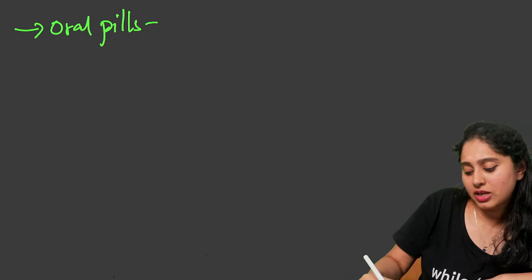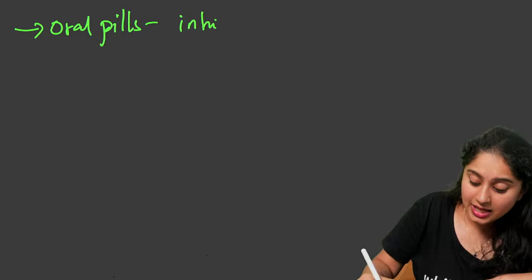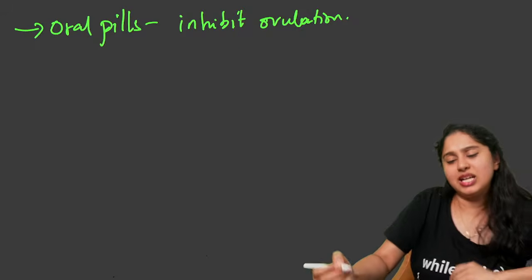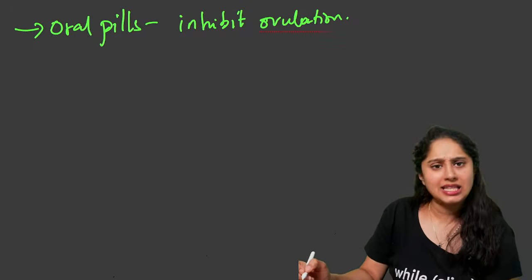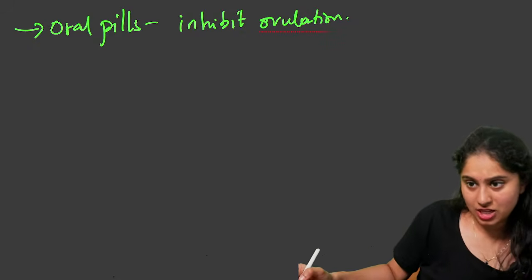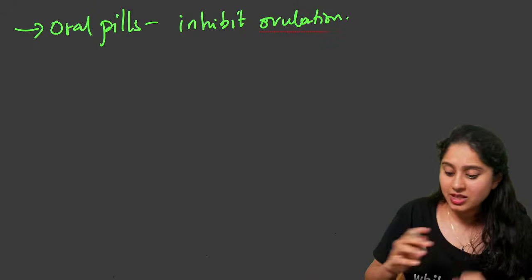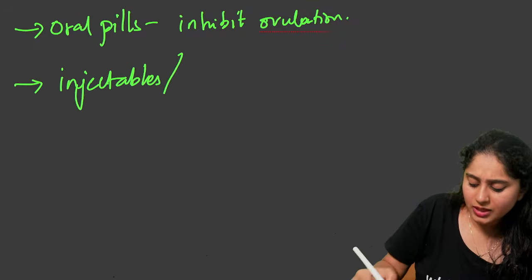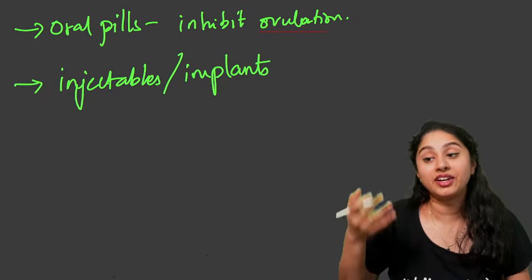Now, apart from IUDs, one can go for oral pills. These are plain progestogens or combination pills. They will entirely inhibit ovulation. It tells the body that ovulation is finished, since progesterone has come, and the body is fooled and prevents ovulation entirely. So there is no chance of getting pregnant. Instead of taking these hormones as pills, you can also take them as injectables or implants, which stay in the body and give a longer effective period.